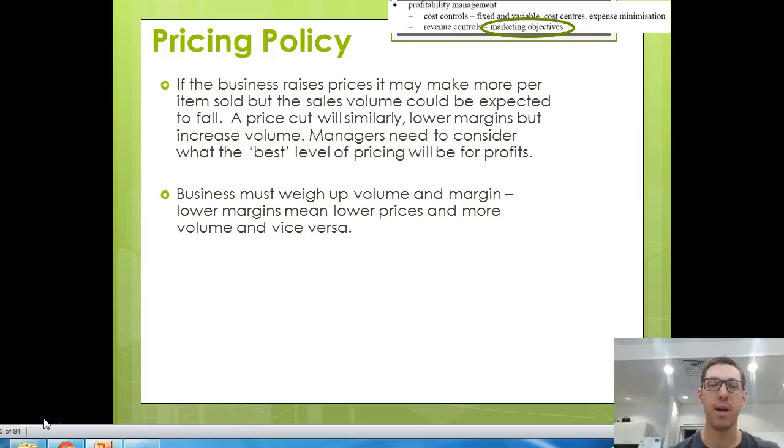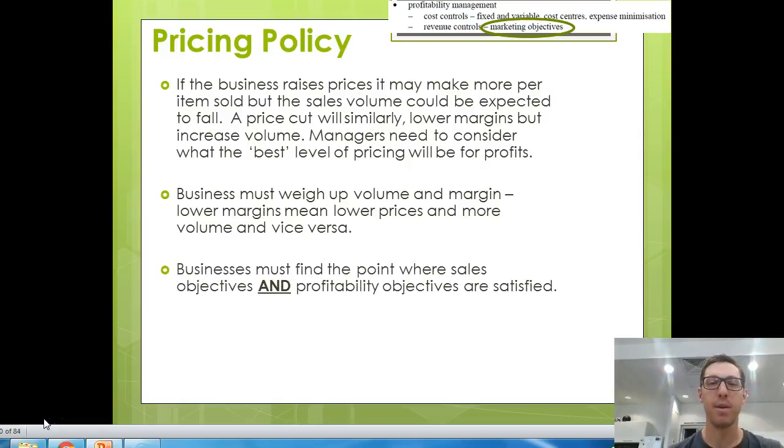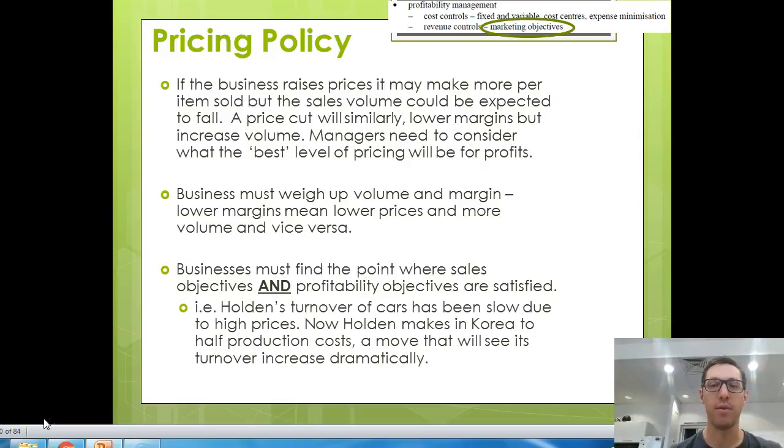Pricing also comes into your marketing objectives. The business might make a decision to raise its prices in an effort to try to improve revenue, but they need to be careful, because that might alienate some customers and turn them away. But ultimately, it might have the desired effect of increasing revenues. And the business needs to make the decision between the number of products sold for a given price, and is that going to achieve our revenue objectives via that marketing decision or marketing strategy.